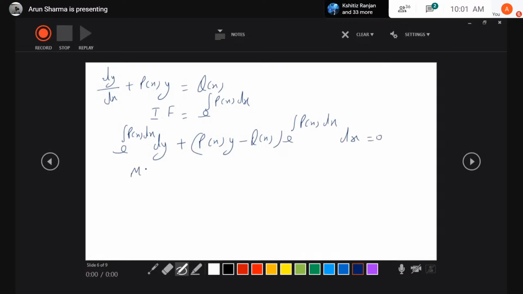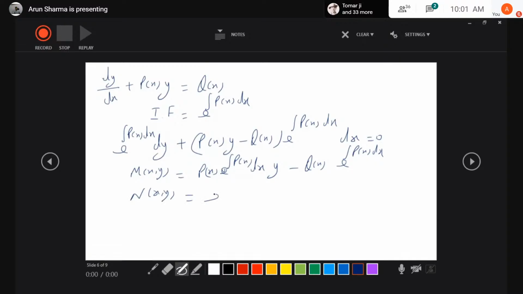Now if you see, M(x,y) is what? px into e to the power px dx into y minus qx e to the power px dx,